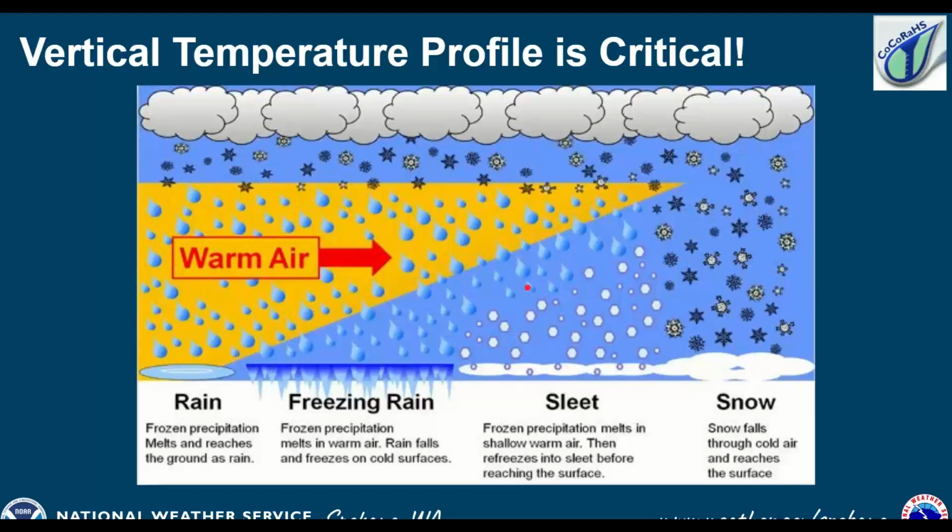Now, as that wedge of warm air gets even shallower, we'll get the snow turning to rain, but then refreezing and falling as sleet. So it's frozen precipitation that falls as little ice balls that come down to the ground. And then when we don't have any wedge of warm air, those snowflakes are just going to fall straight down to the ground as snow.